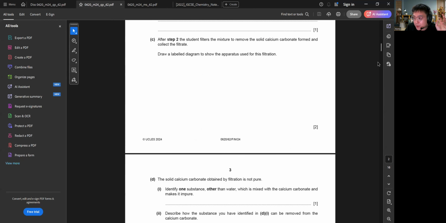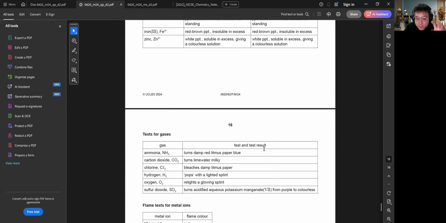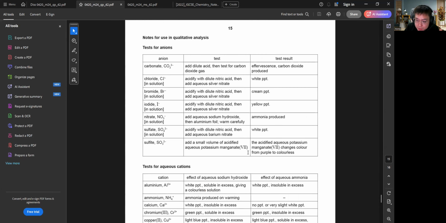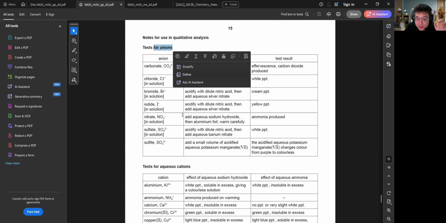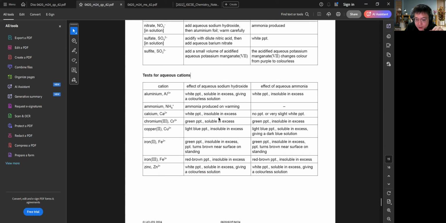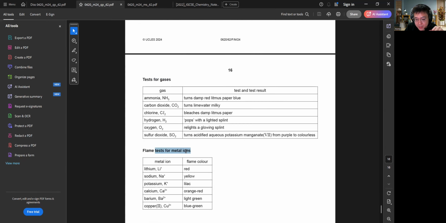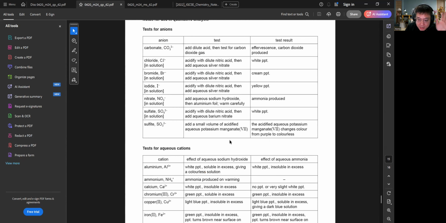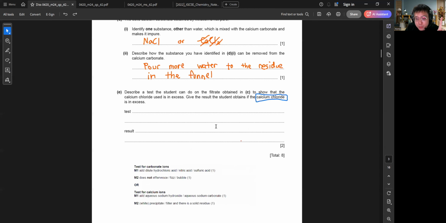So I actually have this other test. In paper 6, you can refer to the back. All the different tests are here: anions, tests for aqueous cations, gases, and metal ions, flame tests. So in case you are not 100% sure, do flip behind to check. Anyway, we want to prove that